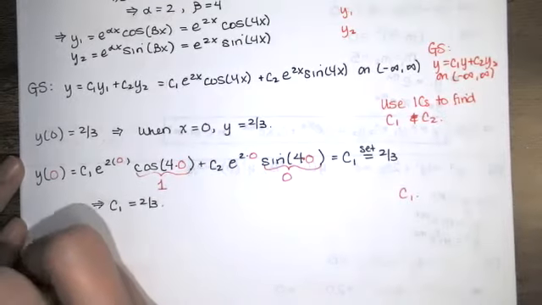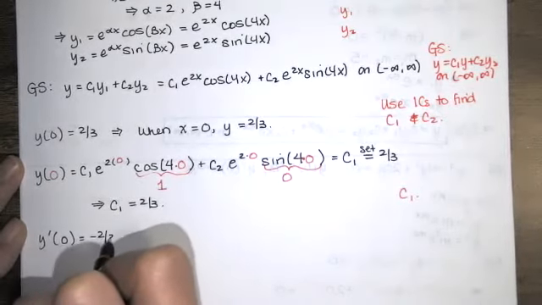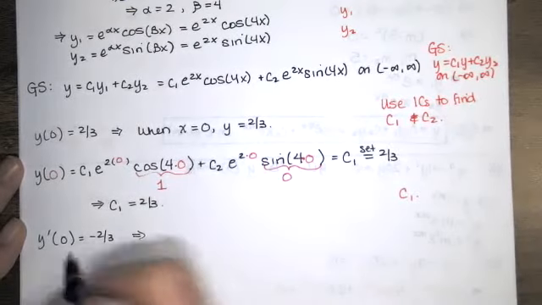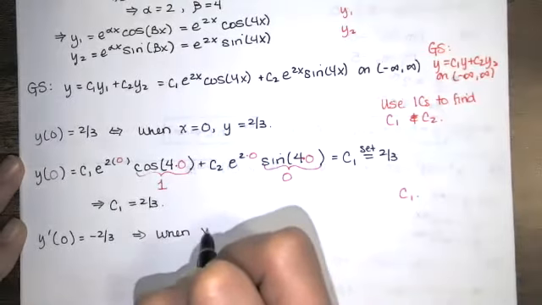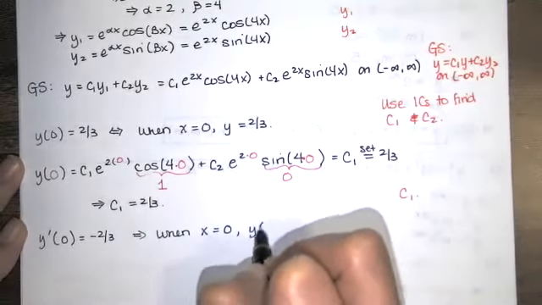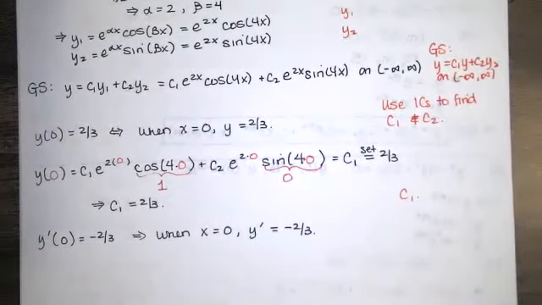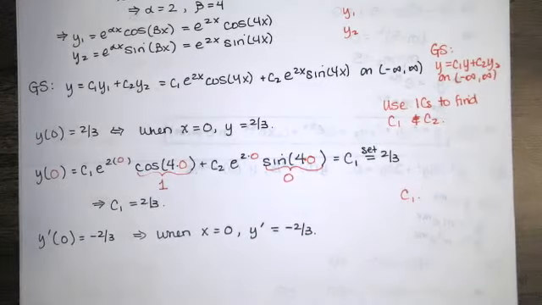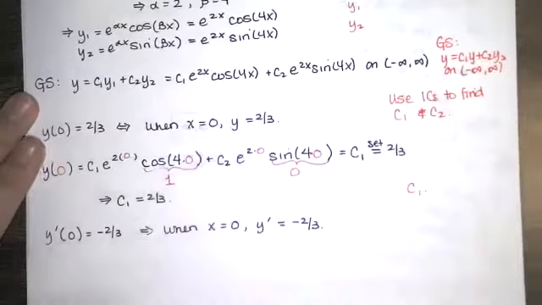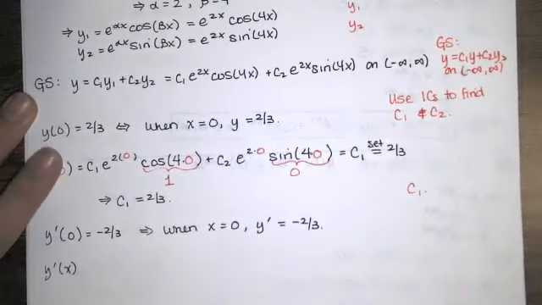And then we're going to use the second initial condition, y prime of 0 equals negative 2/3, hopefully to find C2. Now remember what this means. This means that when x equals 0, y prime is equal to negative 2/3. So I need to find y prime first and then replace x with 0 and simplify. Okay, so there's my y. In order to find y prime of x,